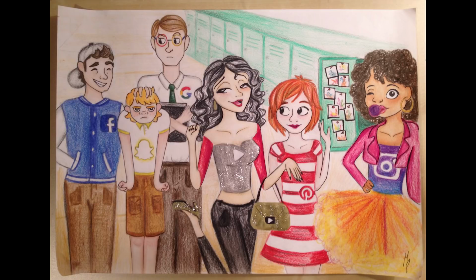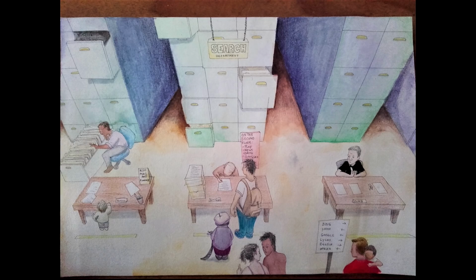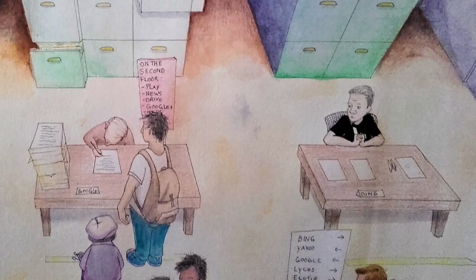Mycia 151's piece is called Social Media School, and I really like that high school dynamic and the character design this artist has conveyed, and also the subtle use of glitter. Manon 5000 depicted the search engine department. I particularly like the subtle touch that Yahoo has very little traffic compared to Google, and Bing is sitting alone,